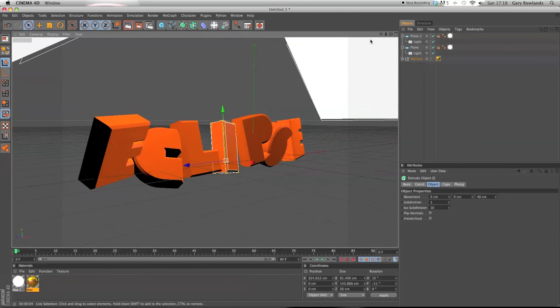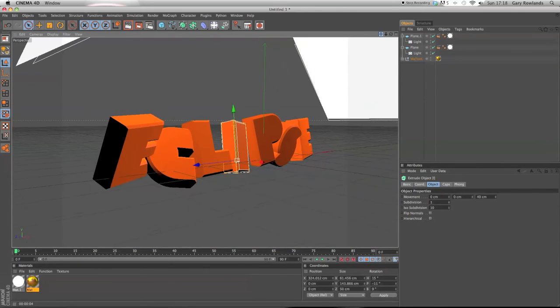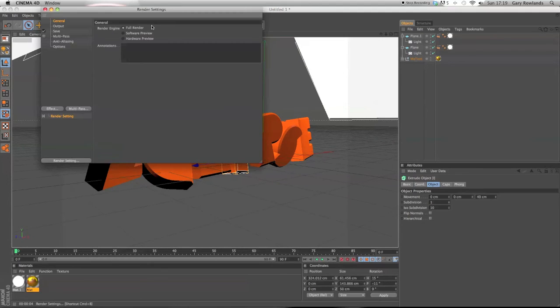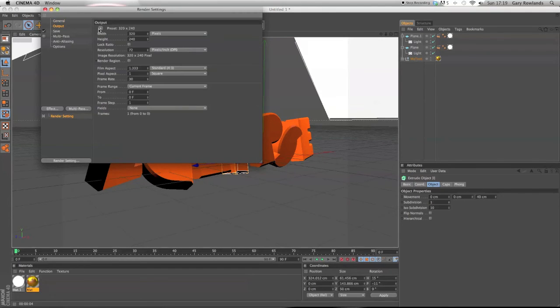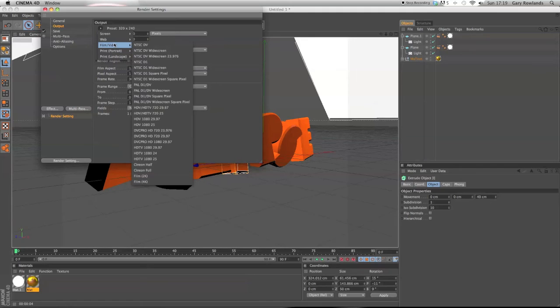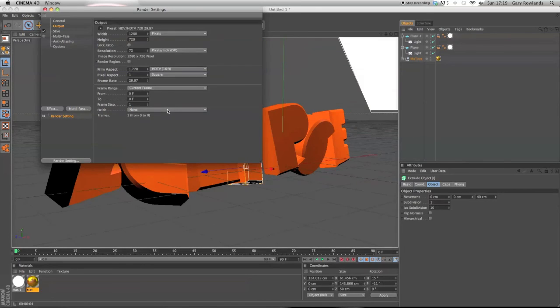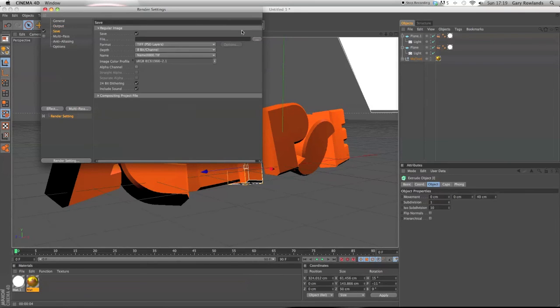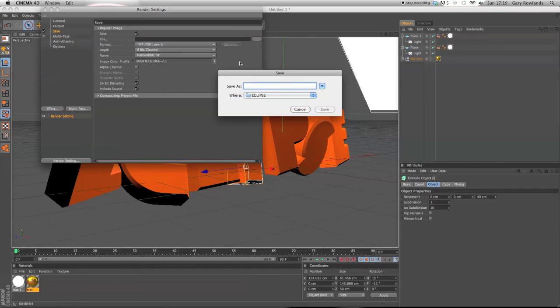Okay, so I've got a basic text. We are going to render it to output. We're going to click this arrow here and go film portrait, film video, and under HDV 1080 we're going to, HDV there, 29. So it makes it full screen. I'm going to leave this current frame, save it with whatever you want to save it as. I'm going to save it as,